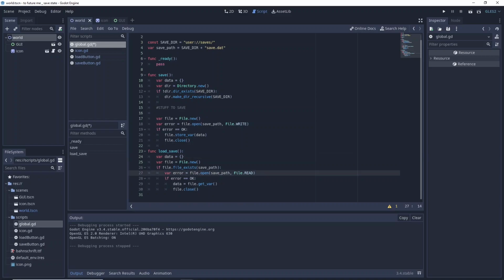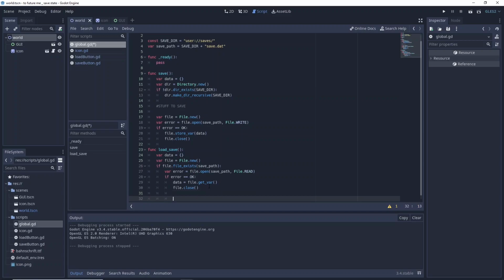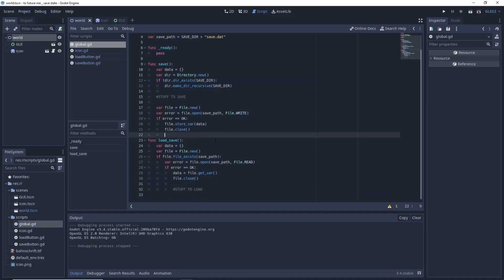So we check for an error, or I guess I typed all that without explaining. Create new dictionary, new file. If the file exists, from up here, we will try and load it. If we do not get an error, we will turn our new dictionary into all the information that we had saved, and then close it. And then here at this point, we would add a bunch of stuff to load. I'm not going to worry about that at the moment,